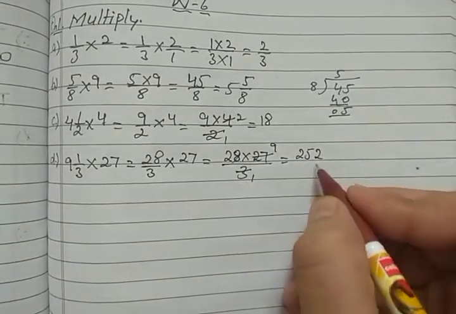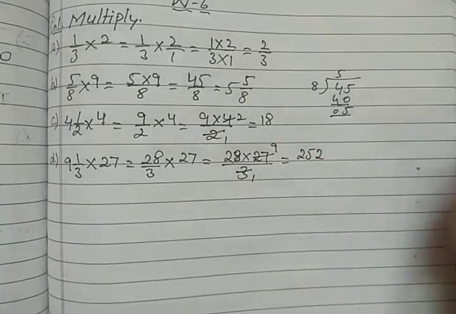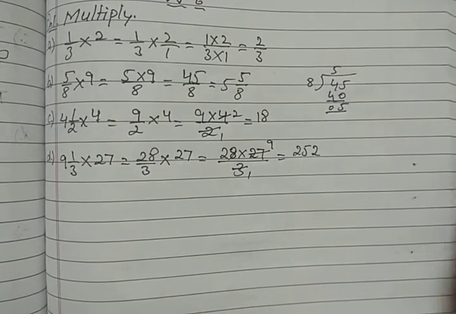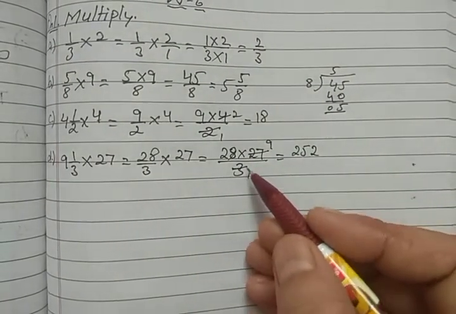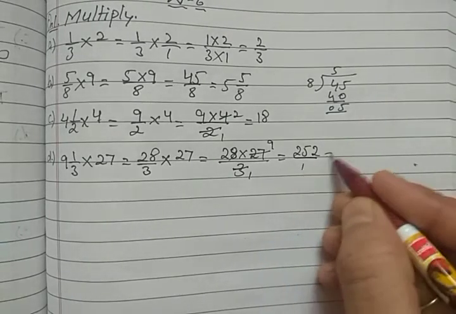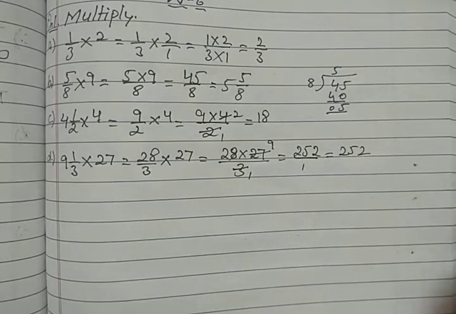So upon 1, again it is up to you. If you want, you can write upon 1, then also the meaning is same, because 1 is below, so we will put 1 below, then also you get 252. Both have the same meaning.